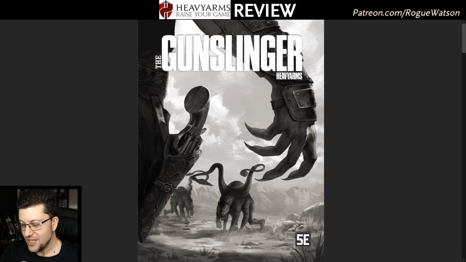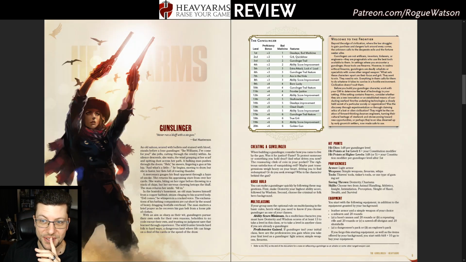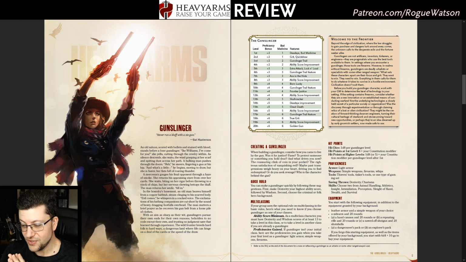technology in their worlds. Now what's interesting is you can have this Gunslinger class and not actually have them wield guns, which feels weird, but there's actually a sidebar in here that specifically mentions the fact that, hey, if your GM or DM is really not comfortable with the idea of guns in their fantasy world, then you can just